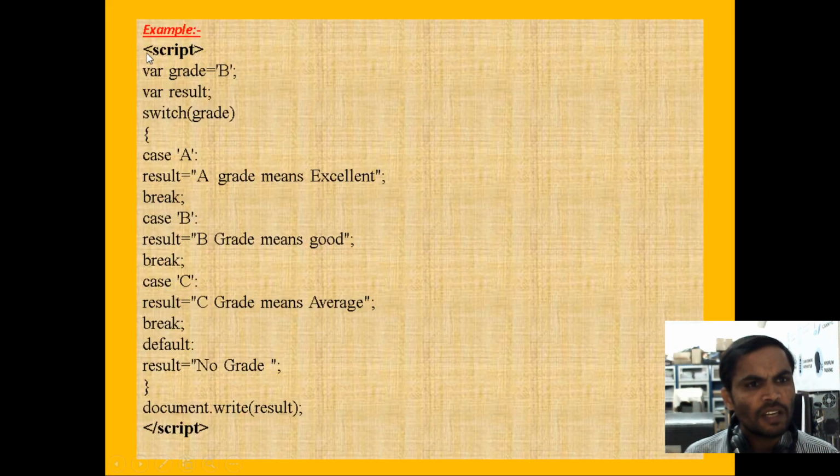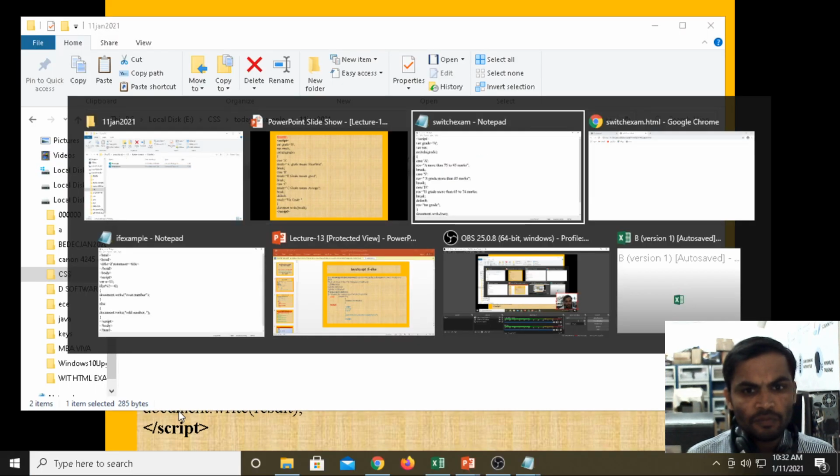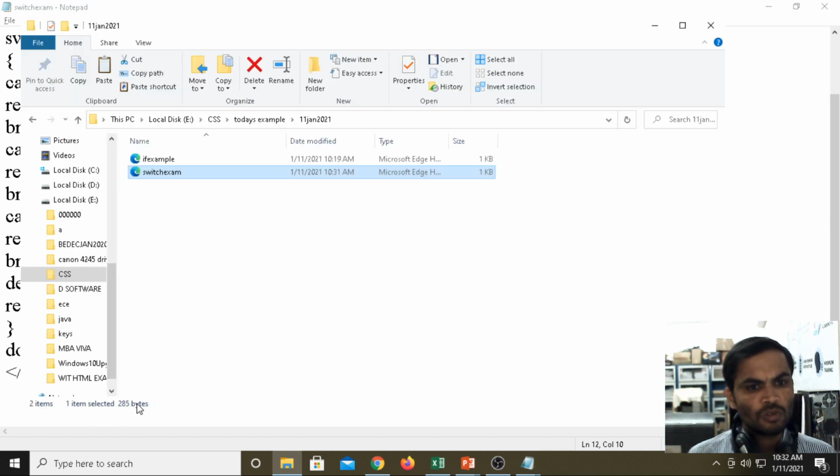The source code is correct, maybe a small grammatical mistake, I wrote document dot write only after closing. The source code is correct.